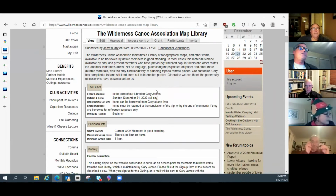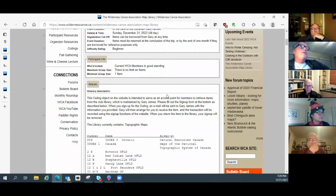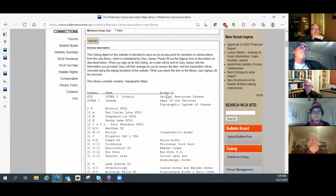And you go through it and it says, Gary James is our librarian, and I'll introduce Gary shortly. And we just posted this event for, I don't know, 2 years from now. And we talk about what the map library has. So basically, the WCA has been in existence since 1973. So we got roughly 48 years of maps and